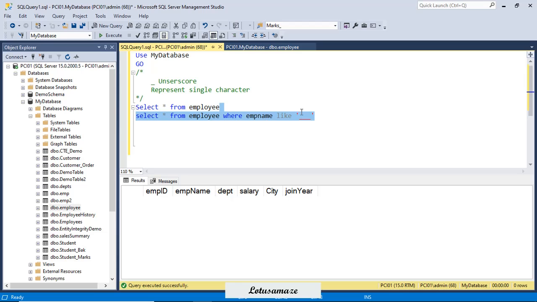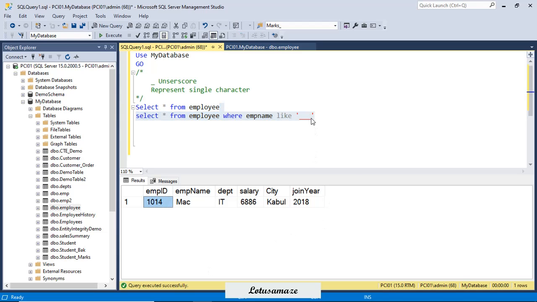This time I get 1 record, and the name is Mac. It means Mac has 3 characters, and each underscore represents only 1 character.